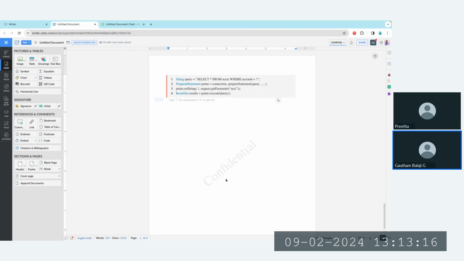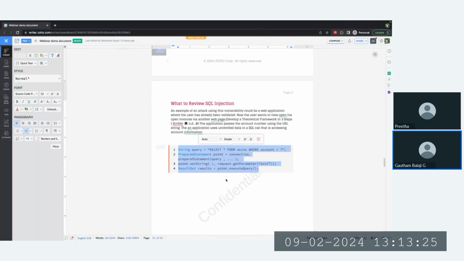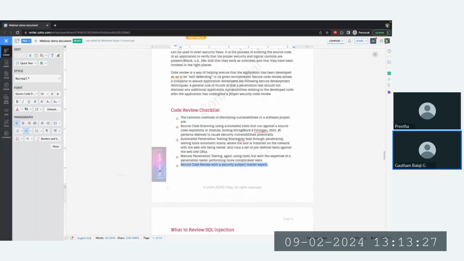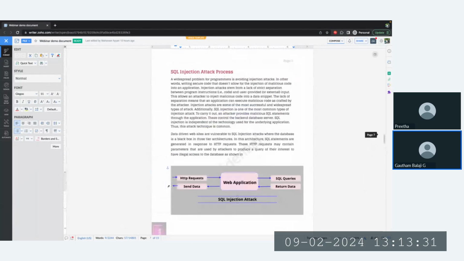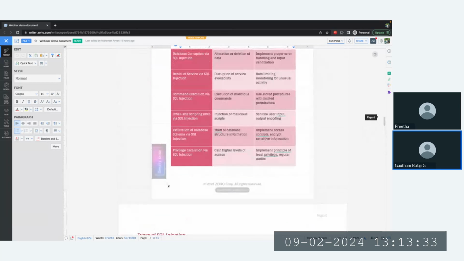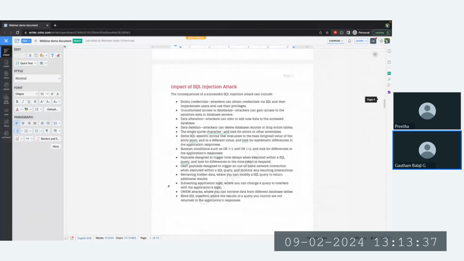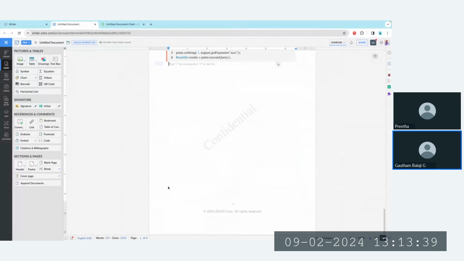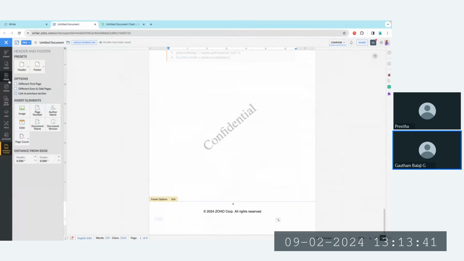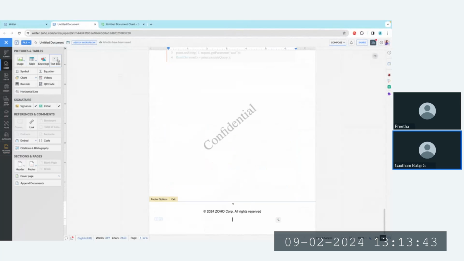Now, once it is done, all you have to do is get into the text box that is available in the side. Now you can see over here that there is a text called security guide inserted in all the pages. You might be wondering how this has been added into the document. What you have to do is click on the footer section and then insert a text box